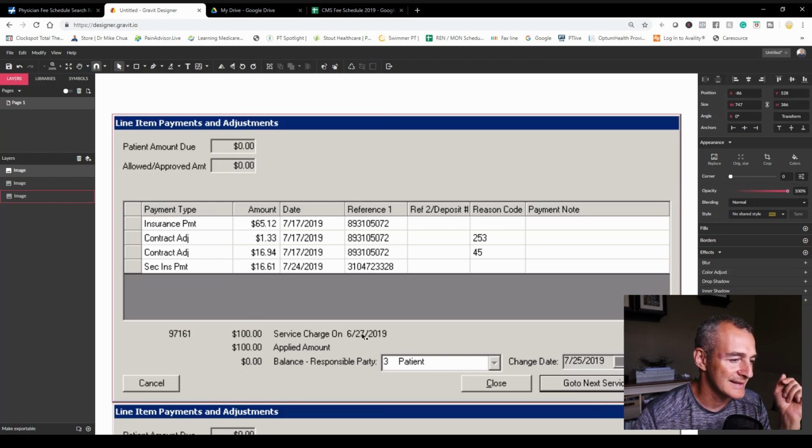You can see here the date of service was 6/27/19. Today is 7/29/19. You can see that the primary insurance, trying to see if we can see, we can't see the submission date. So date of service was 6/27, primary paid 7/17. So probably 3 weeks. But basically what we've got here,